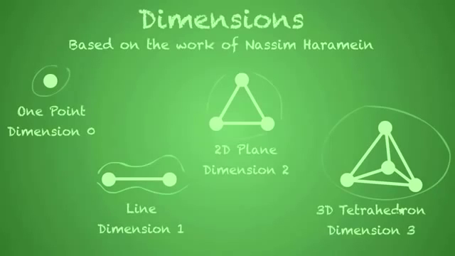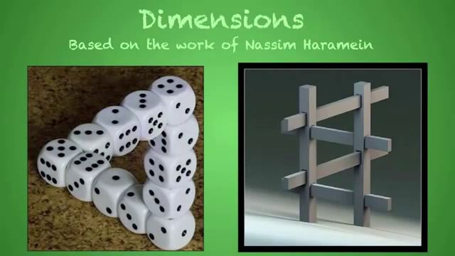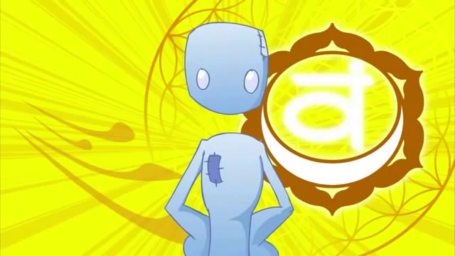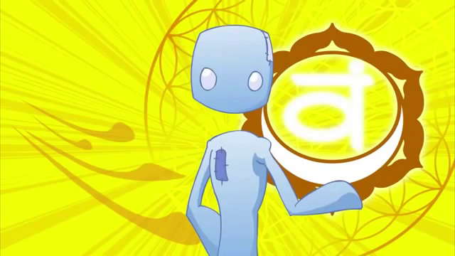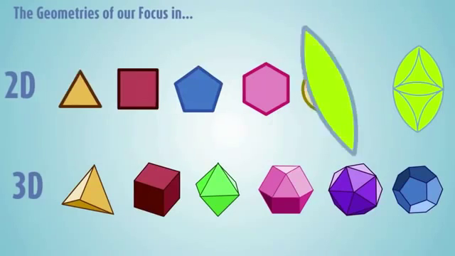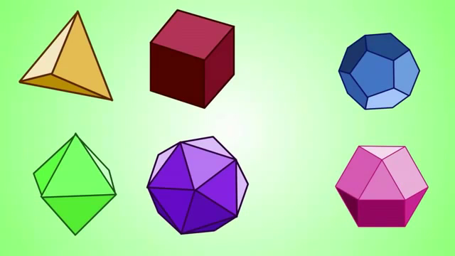There's no real way of drawing a fourth dimensional object in a two-dimensional video, but it's believed that they're as amazing as something like this in actual manifestation. You might notice that we're really only looking at up to 6 geometries. This is because as we're evolving, we're moving from a third dimensional awareness to a fifth dimensional awareness. So these are the ones that we need to understand. These geometries also work in tandem with the chakras. Everything is connected. So we have the 4 elements down, which means there are 2 more geometries to look at.